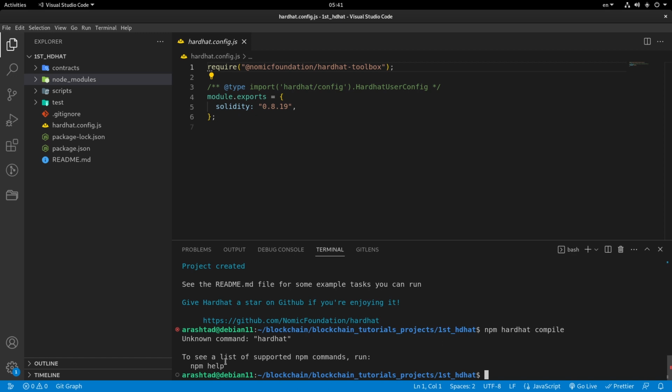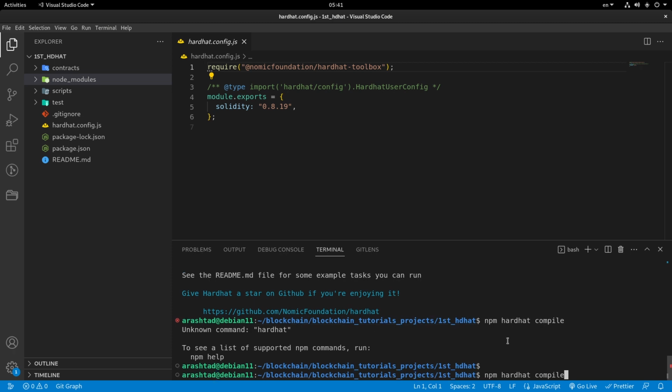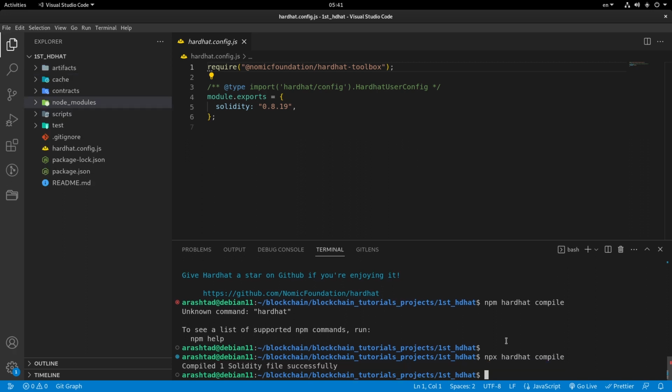But here it seems that there is a problem. Oh, here I should have used npx instead of npm. So right now npx hardhat compile, and as you can see, just as easy as that, compiled one Solidity